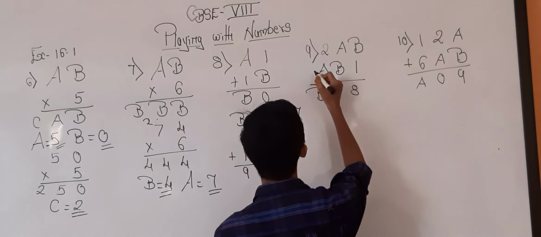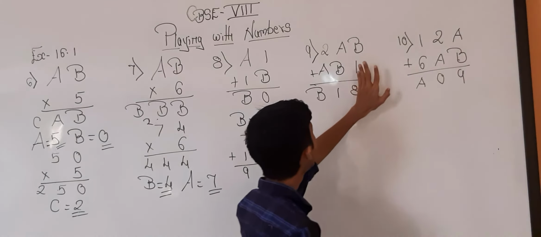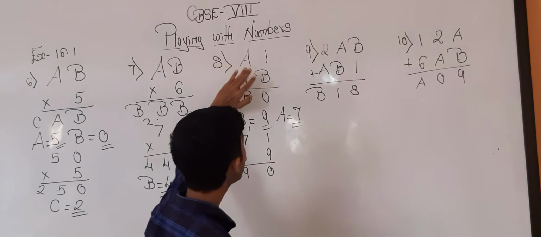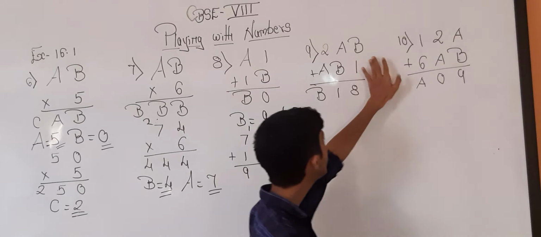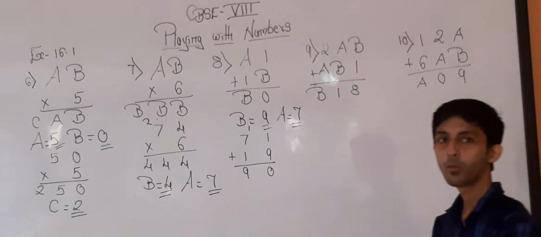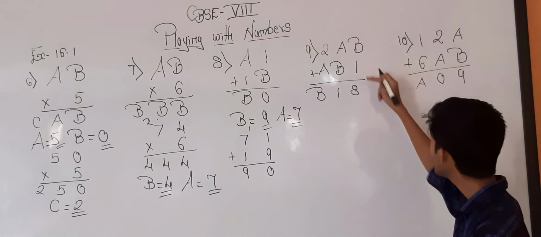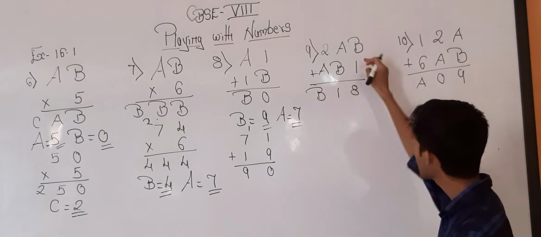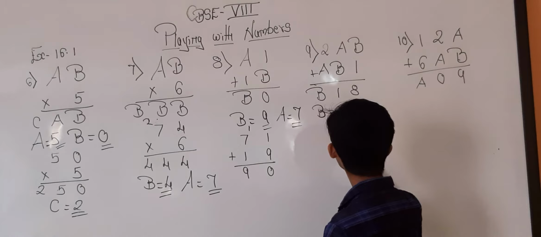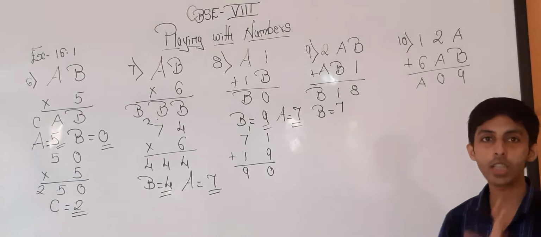Now same way question number 9. Now in question number 9, over here a 3-digit number is there, and till now what we have done is a 2-digit number. So a 3-digit number, literally interesting over here. So pay attention to how to do it. Now B 1 and 8. 8 minus 1, 7. That means my B will be equal to 7. Decided, fixed. My B is equal to 7.